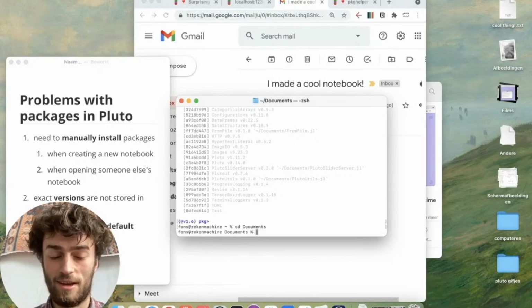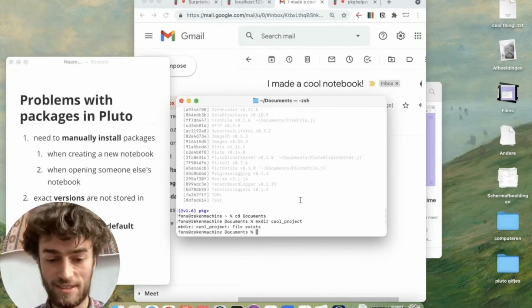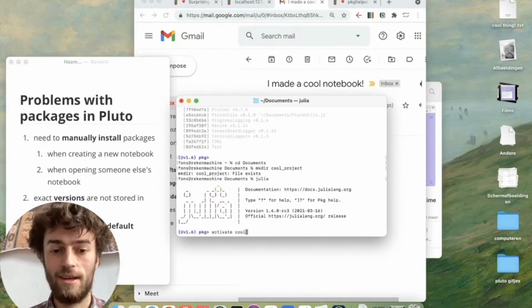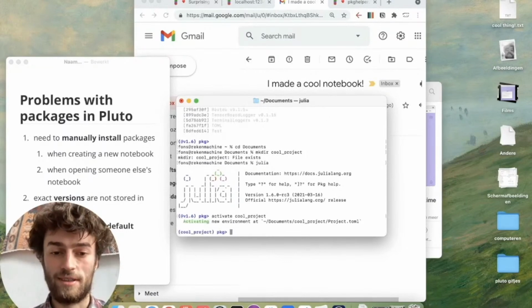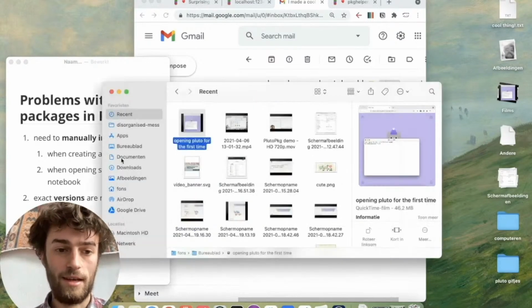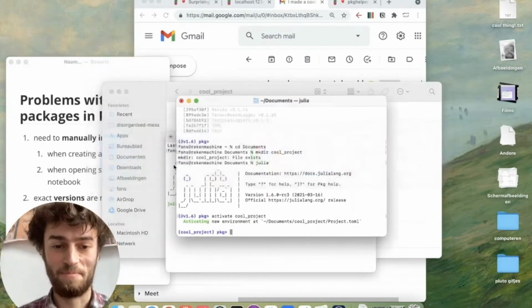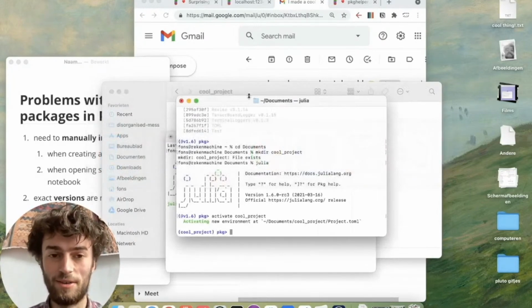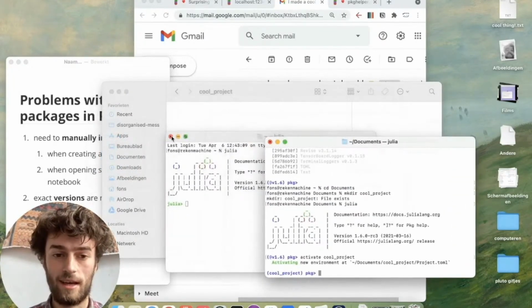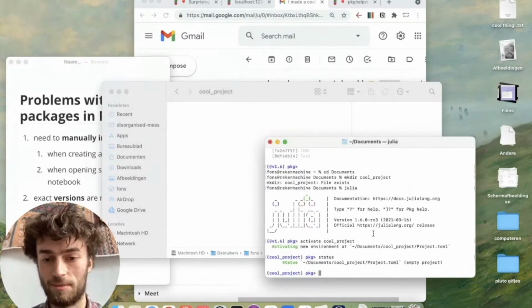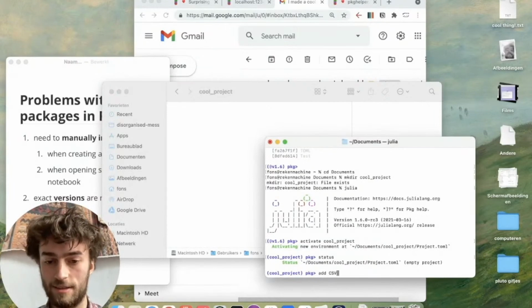I think I have a folder called cool project. Yeah, it exists. Okay, so in Julia, now I will activate cool project as a directory. Right now you see the folder is empty, and that's because the project is empty. And now if I do something like add CSV,